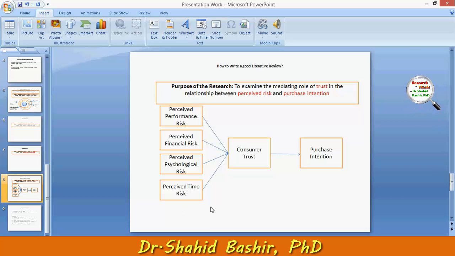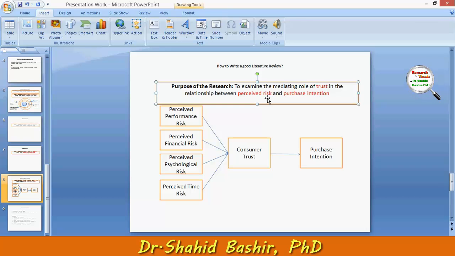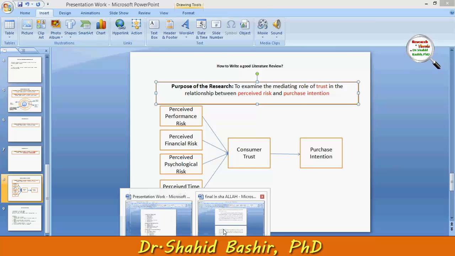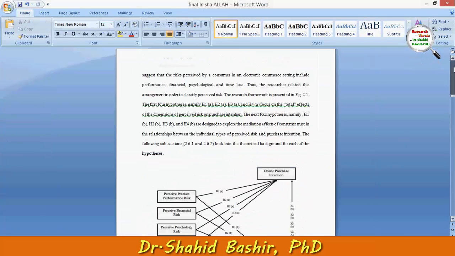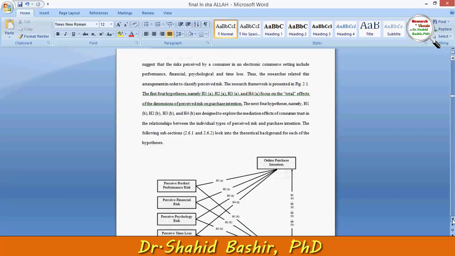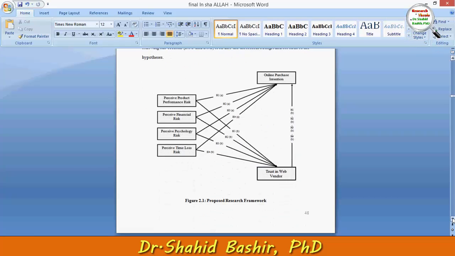So now we have one research purpose, four research objectives, four research questions, and four research hypotheses, while each research hypothesis has two parts, part A and part B. These parts are based on finding the direct relationship between independent and dependent variable and finding the indirect or mediating relationship between independent variable and dependent variable, while the mediation is done through trust in web vendor.